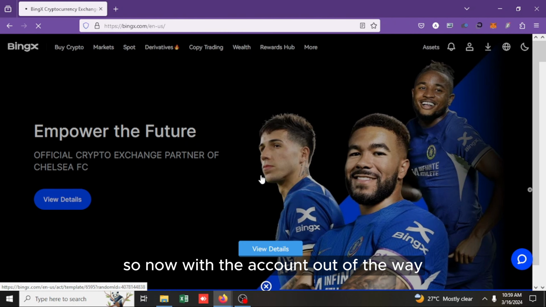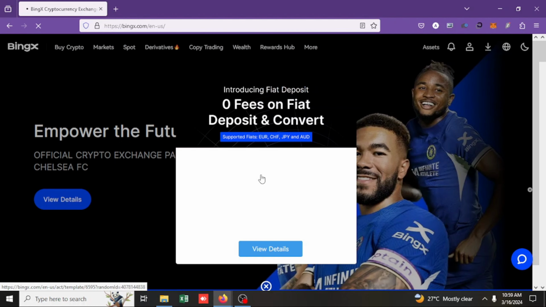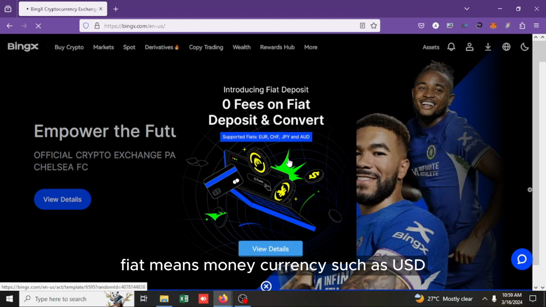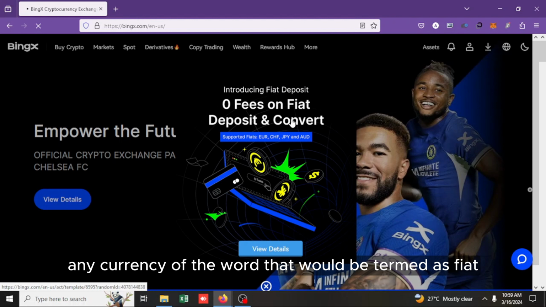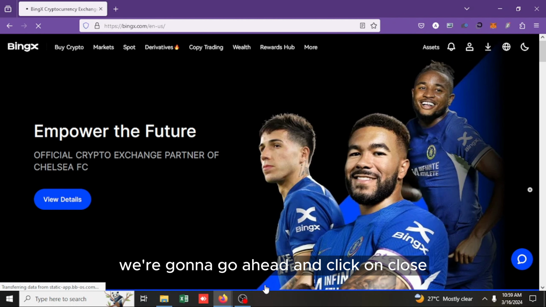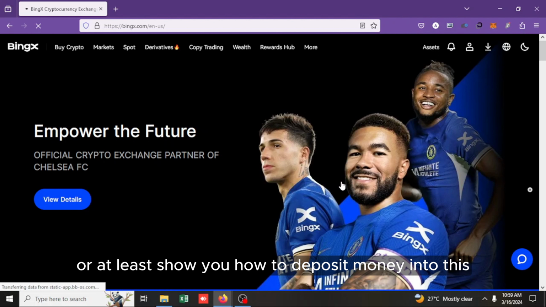So now with the account out of the way, you're going to have access to a lot of BingX features. As you can see, it's introducing us to a fiat deposit, zero fees on fiat. Fiat means money, currency such as USD, any currency of the world, that would be termed as fiat. Deposit and convert into the favorite cryptocurrencies of your choice. We're going to go ahead and click on close. Now, we're going to go ahead and deposit some money into this, or at least show you how to deposit